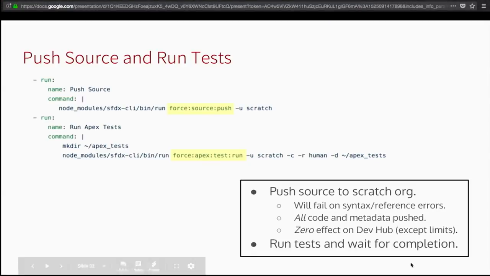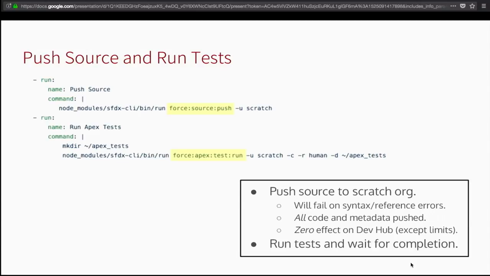This is the meat of it. We're going to be pushing our source to the scratch org, and then we're going to run the test. That's just 2 commands in Salesforce DX. It makes it really easy for us, actually. A lot of this process is really in those boilerplate setup steps that we talked about earlier. Once we get down to it, the actual steps that we need to take to do the meat of CI, to push that source code up, to run our tests and get the results back, it's only 2 commands, force source push and force apex test run. Once that second command completes, we'll have our test results back and we're ready to go.